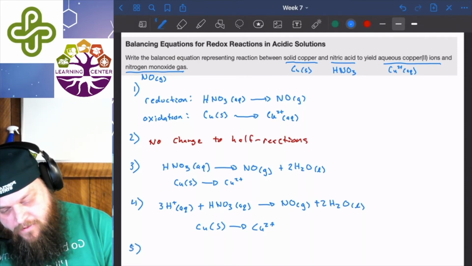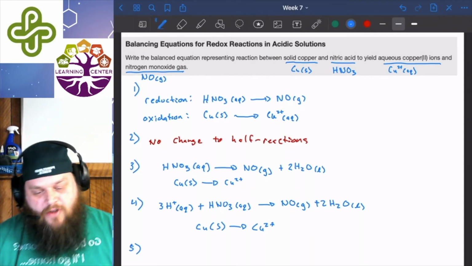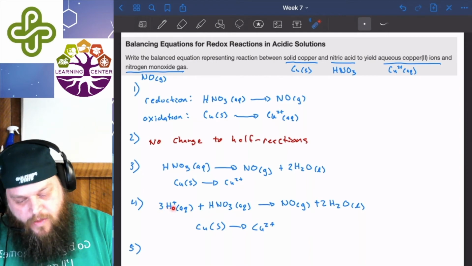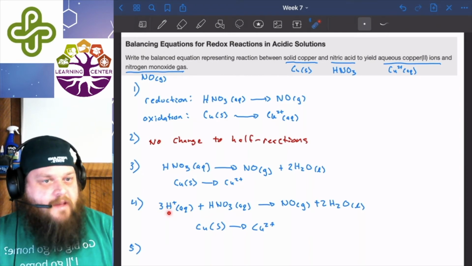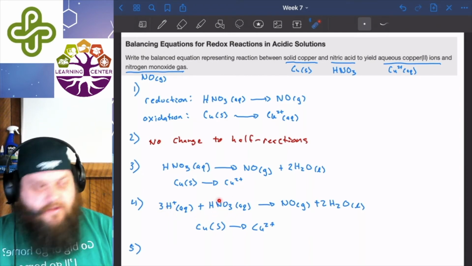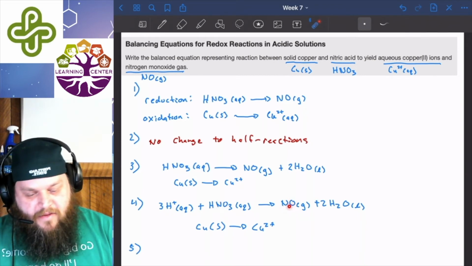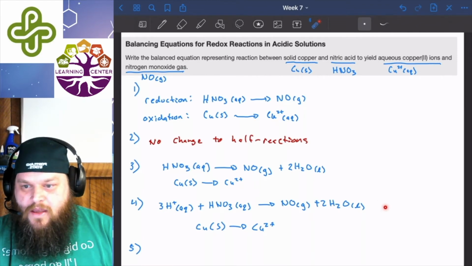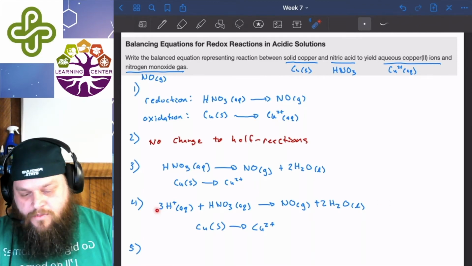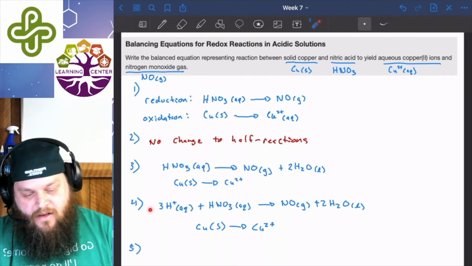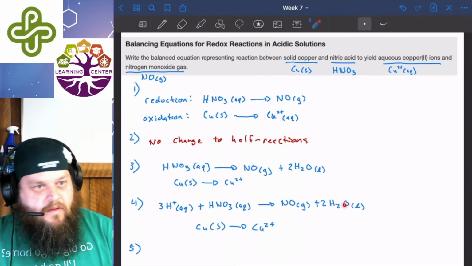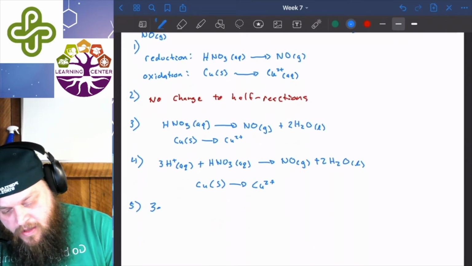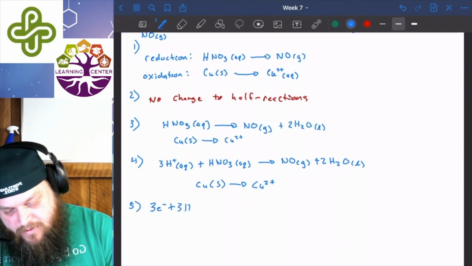So for 5, we're balancing the charge. The charge for this top equation on this side is +3, because we have 3 positively charged hydrogens. This compound is neutral at this point, this compound is neutral, and water is neutral. So we need to add 3 electrons on this side to balance it out and make it neutral like the right side. So if I rewrite that, 3 electrons plus 3 H+